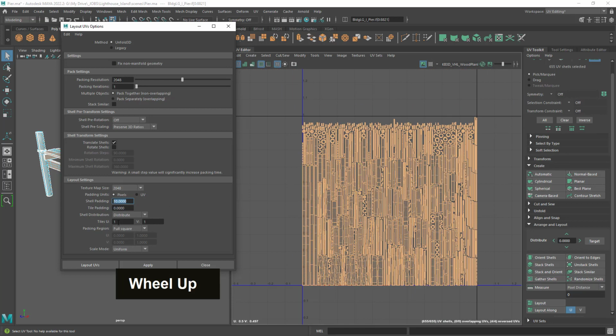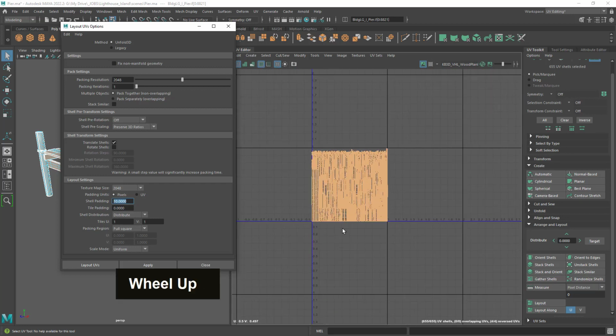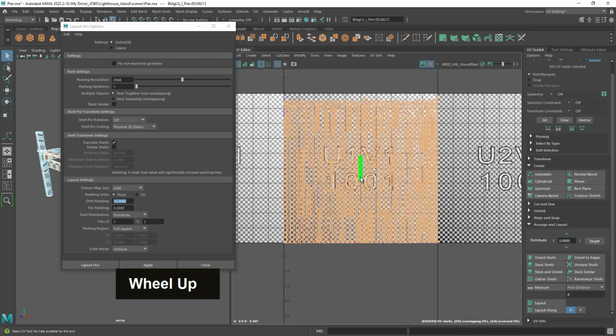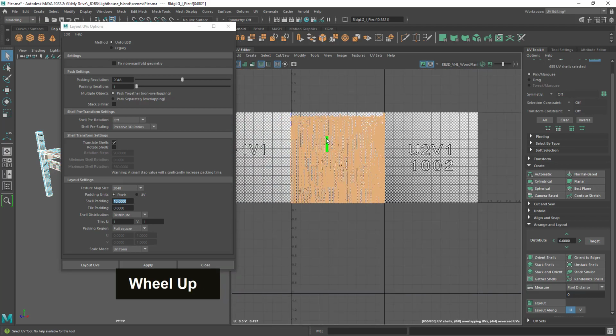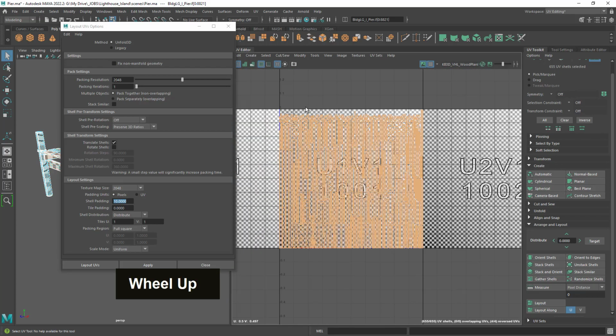Okay, the next value is tile padding. With tiles, we can use more than one UV space, but I advise you not to do that, at least not now. This first UV space here is called UV1, so U1V1. Some software, including Maya, of course, but some advanced texturing software, support